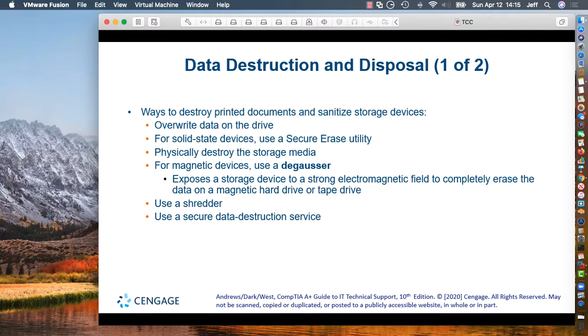Of course, I formatted them and zeroed them out. But you need to make sure that it's totally erased, because there are devices out there that can pull the data back even after it's erased. So you want to physically destroy the older spinning disk, and in solid state drive